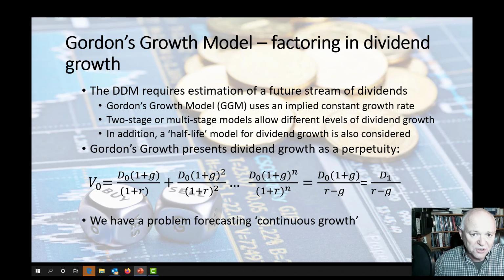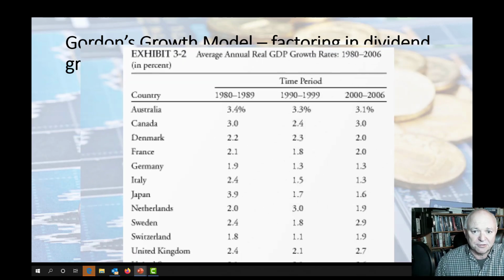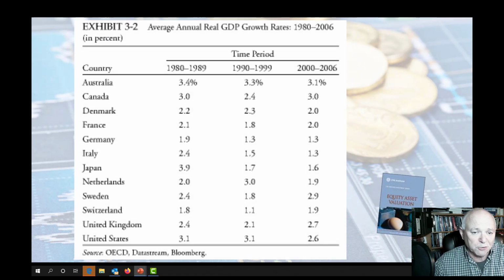If we're taking a look at the growth in these earnings, we also have an interesting problem trying to predict the growth. We know that growth comes from several sources. Some of it comes from the market, some of it comes from inflation, and some of it comes from the ability of the company to expand its interests. The market itself, and again, this is a table from Chapter 3 in the Equity Asset Valuation, which is one of the key reading resources that covers this part of the course material. We can see that